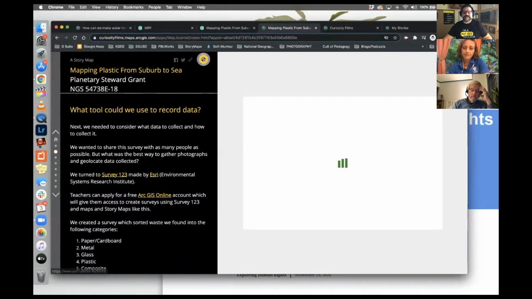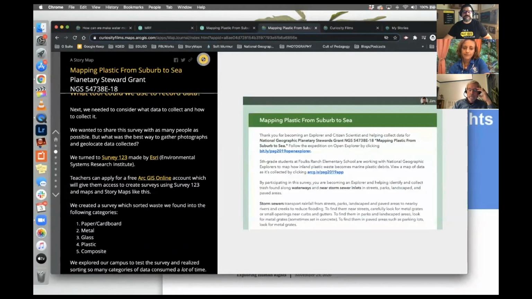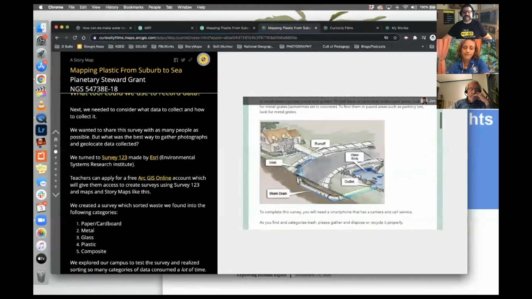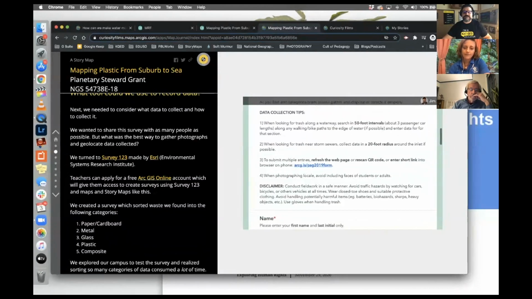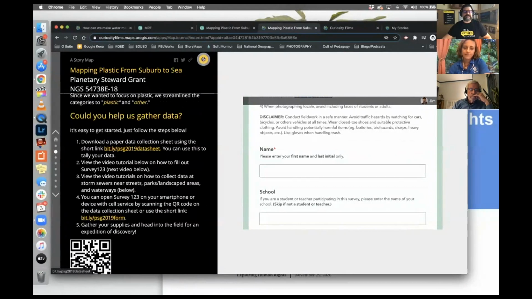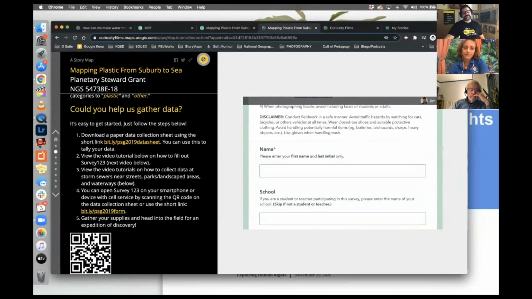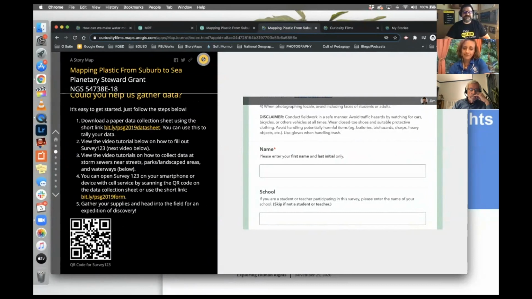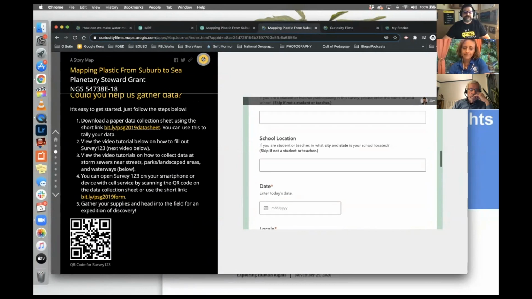And it's just been an absolutely amazing tool to learn how to use. This is actually the survey that we've been using for the last 2 years. It's a live survey embedded in the story map itself. There's even a QR code that goes with it. This is a tool that we can use to advertise to other people: Hey, join us, become citizen scientists with us. Scan the QR code, go out to storm sewers and creeks, collect data, submit that data, and upload your data